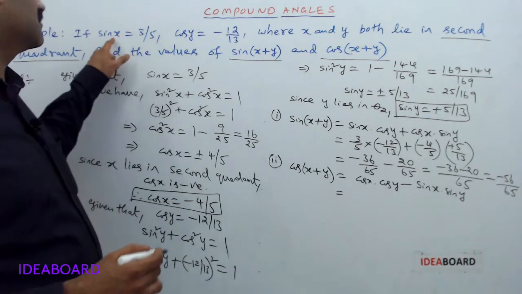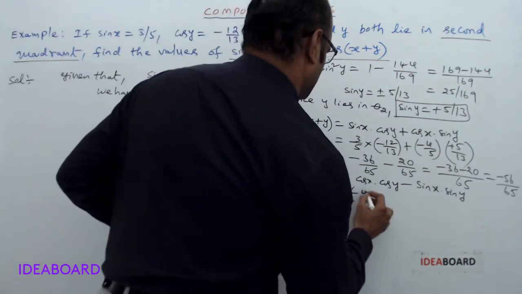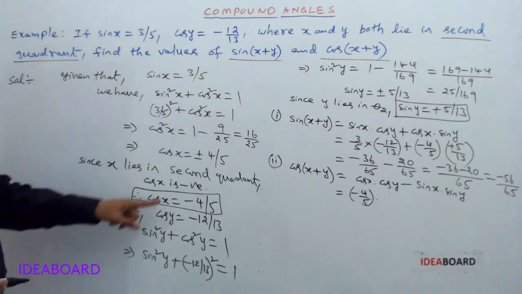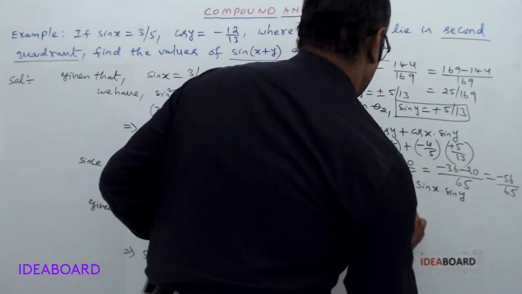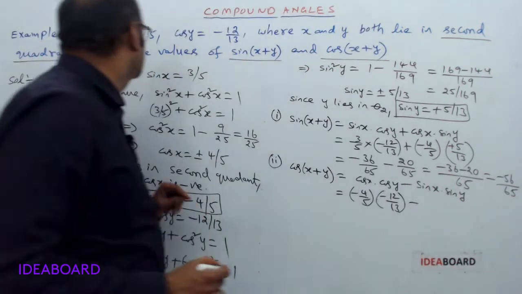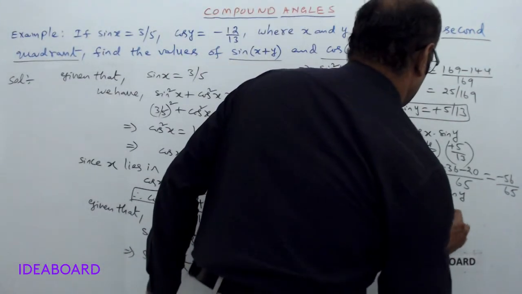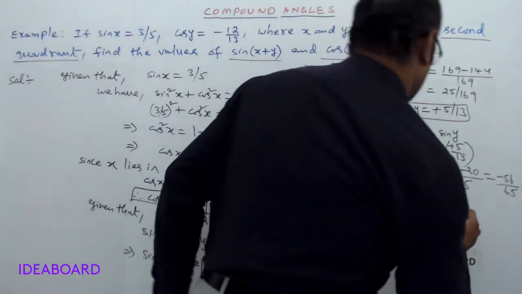Here cos x equal to minus 4 by 5 into cos y equal to minus 12 by 13 minus sin x equal to 3 by 5 into sin y equal to plus 5 by 13,